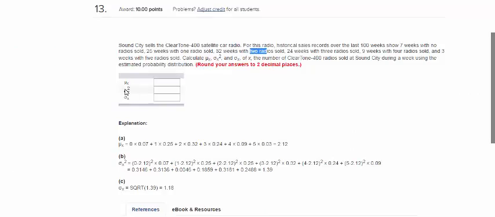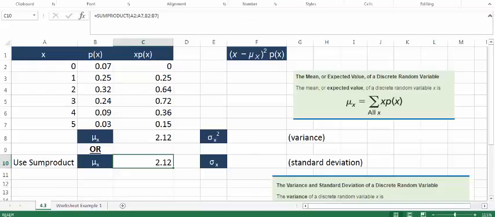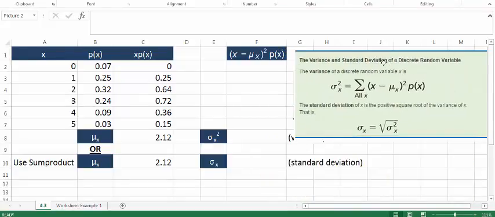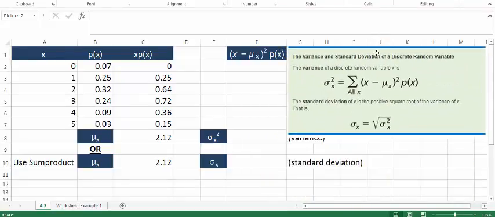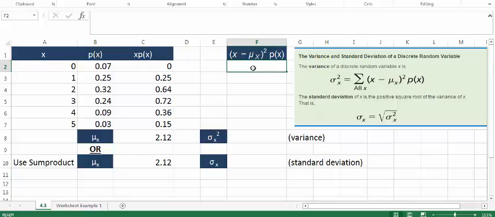Next, they want what's the variance of x. Again, I copied and pasted the formula from the book. What does this mean though? One step at a time, we use Excel as our calculator. Go ahead and start equals with parentheses. Following this formula, I'm going to take my x, 0, and then I subtract mu of x. Mu of x is down here. I can use either one, 2.12. Okay, and then we square that term, raised to the second,